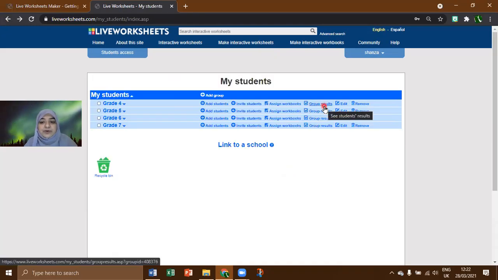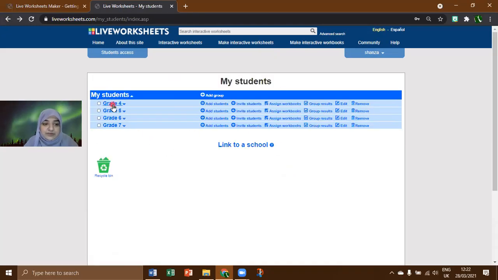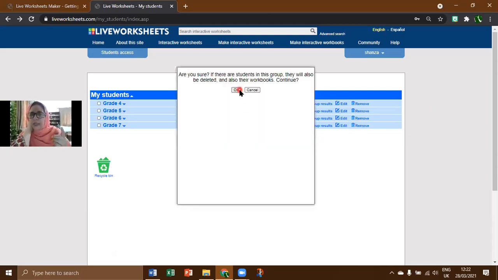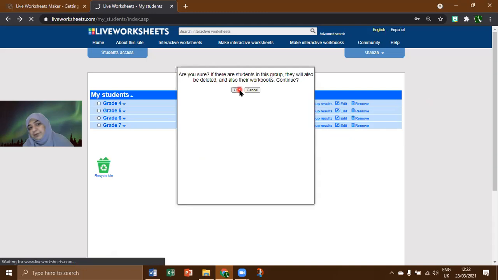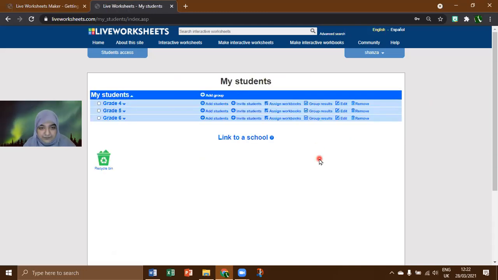If you want to see the group result, you'll just need to click on the grade 4 group result, and you'll see all the worksheets that are there. It's not necessary. If you don't want to do it, don't do it. Okay. That means, if we don't do this and we just share the link in Google, we'll just be getting the individual result of this child, not the whole class's result. Yeah, it's like that.